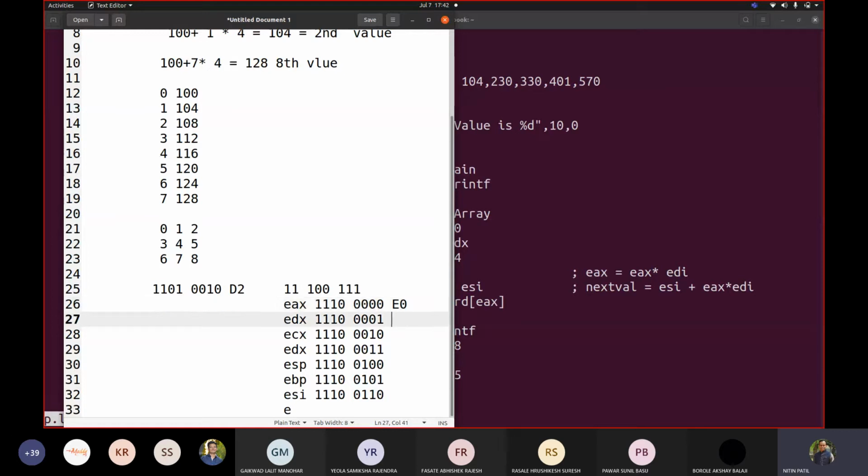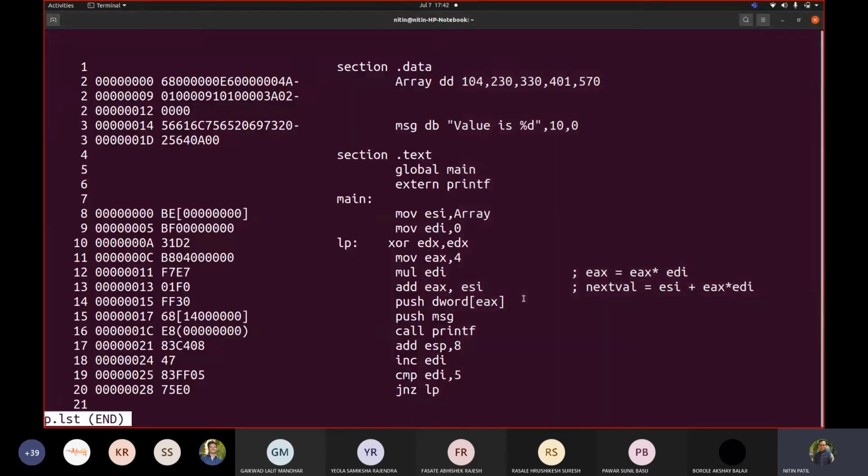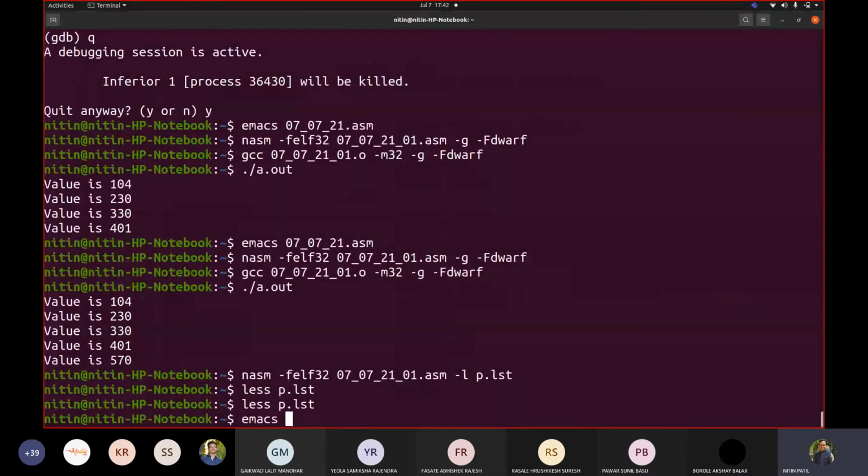This would be E1, correct? This would be E2, E3, E4, E5, E6. Okay, now let us try to see whether we are getting the same things. So let me go back and make a modification in my code.